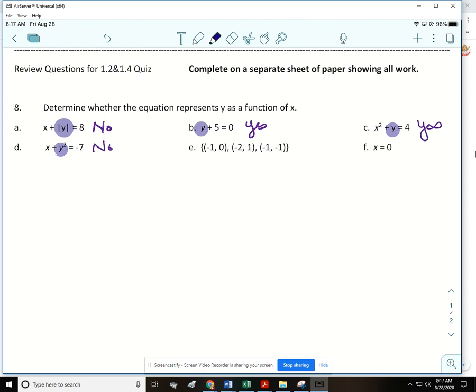All right, let's skip E for now. Let's go to F. For F, we look for y. There is no y, so that's a no. All right, when we look at E,